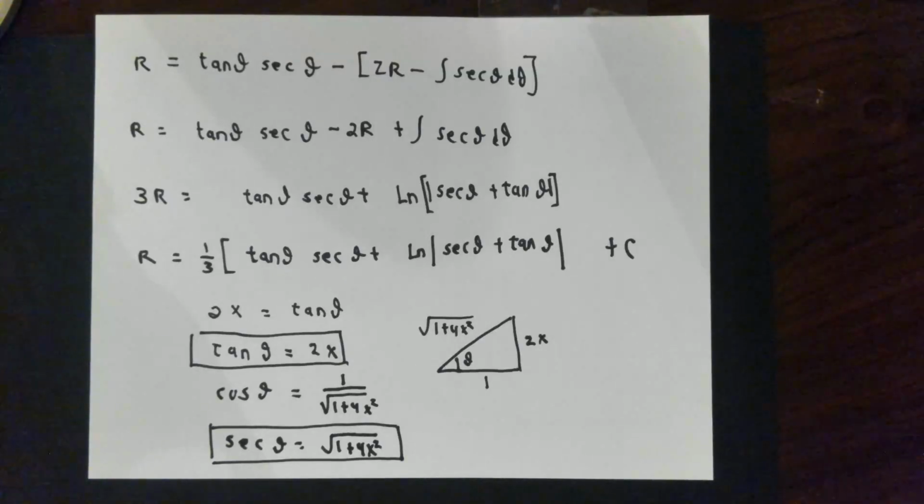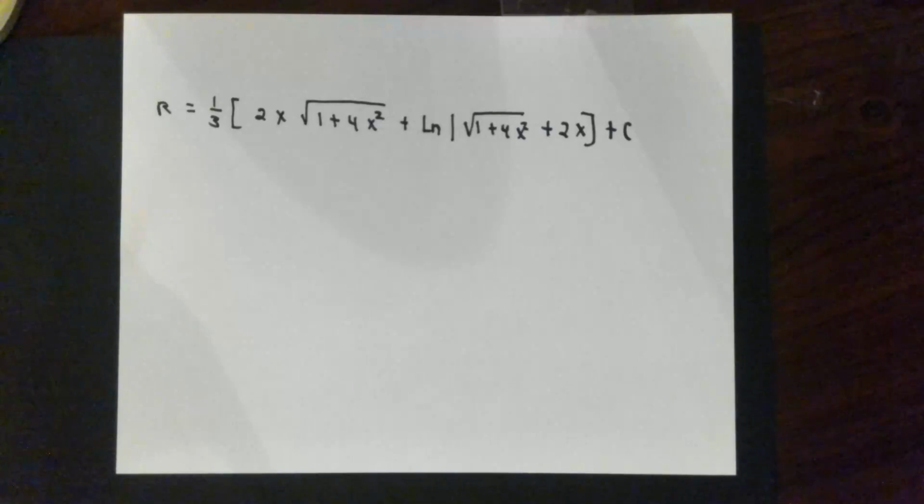Secant of theta is the reciprocal of that. So I now know not only that tangent of theta is 2x, but I also have a formula for secant of theta in terms of x as well. Putting those values for secant theta and tangent theta into the previous formula, I find that r, the integral that I was wanting to calculate, the integral of square root 1 plus 4x squared dx, is